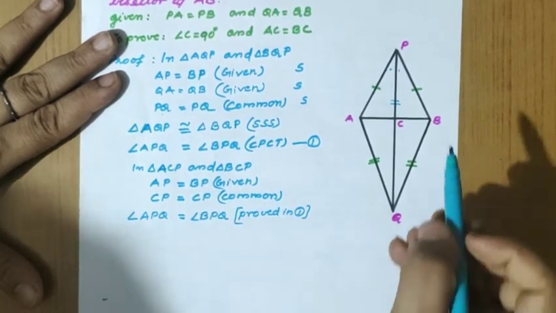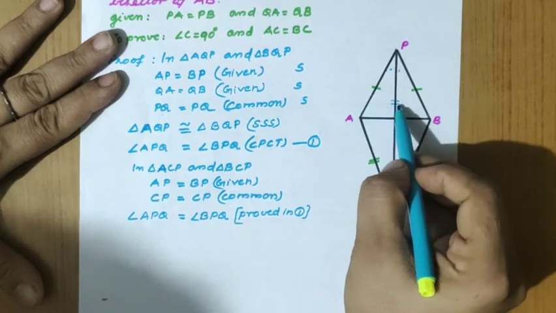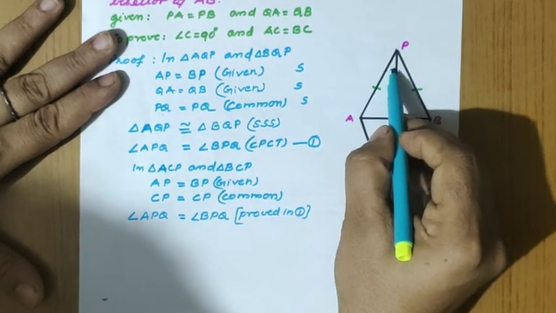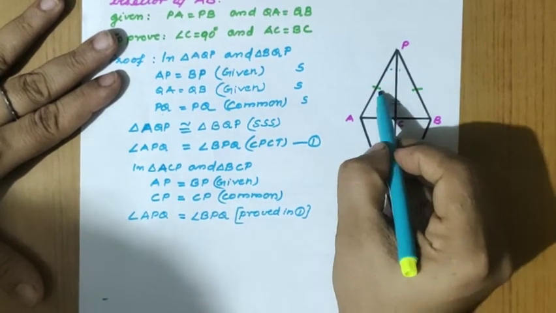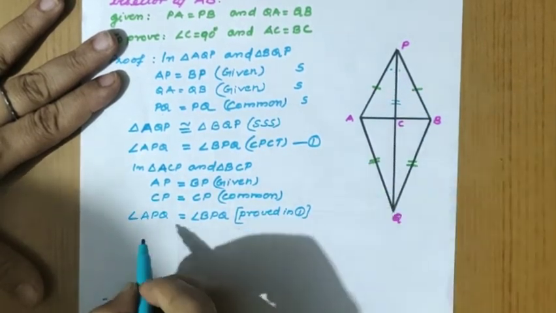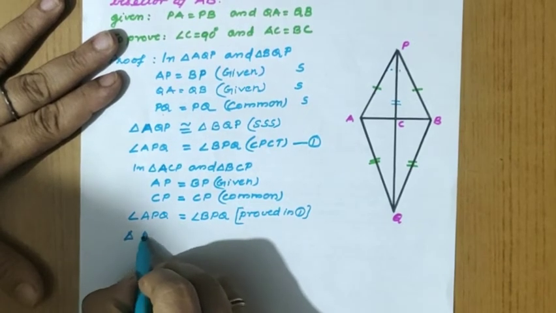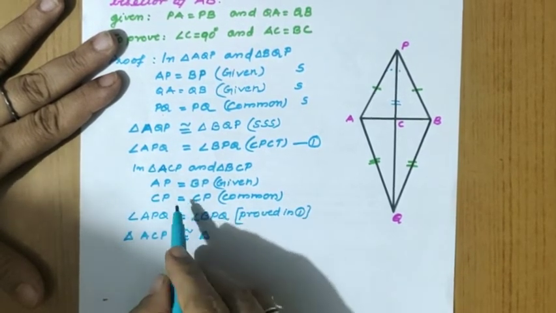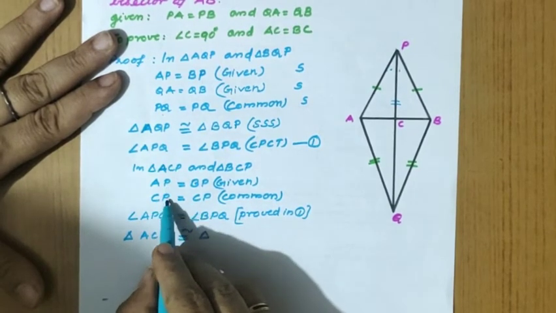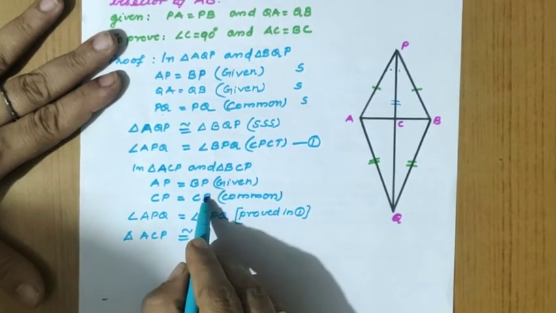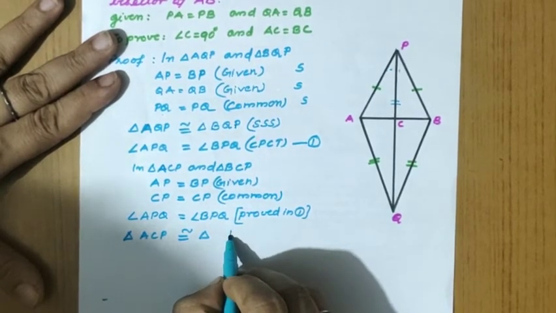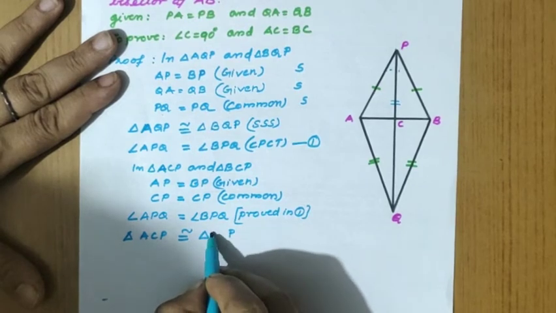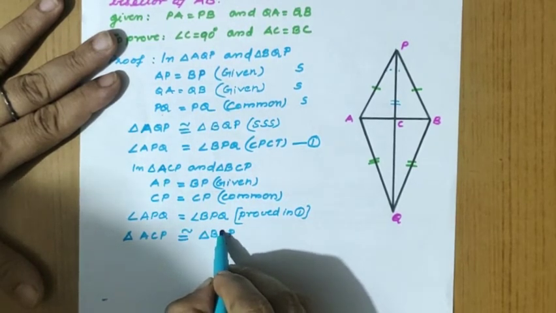Right? So now again consider this case. First equal side, second equal side, that is the common side. Again we got this equal side. So SAS is the criteria, two sides and the included angle. So I'll write here triangle ACP is congruent to triangle BCP. Which letter is common? P. So here also which letter is common? P only. So the third letter corresponds with P only. For A which letter? B, and for C it is C only.